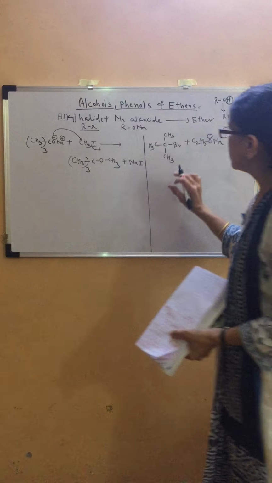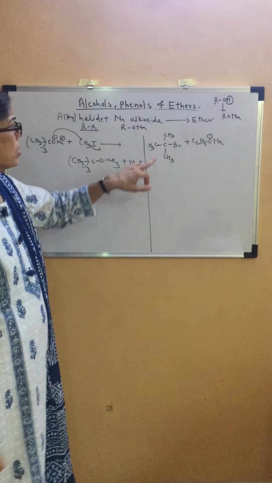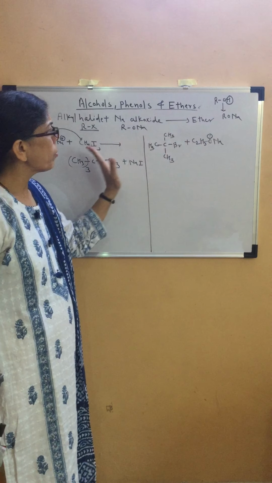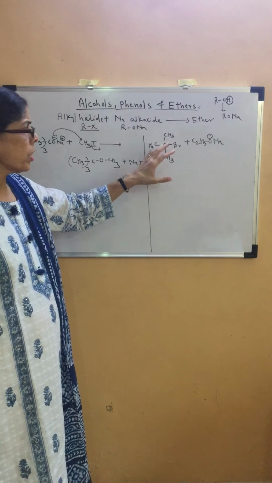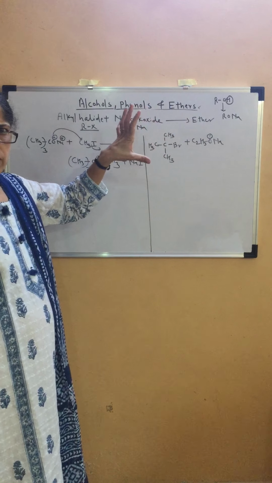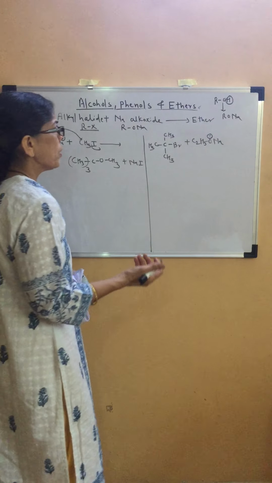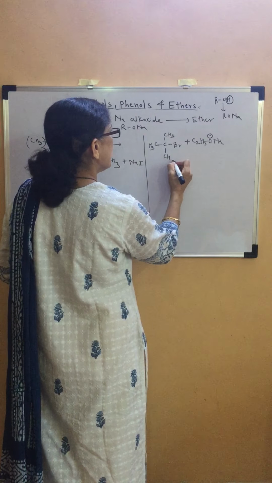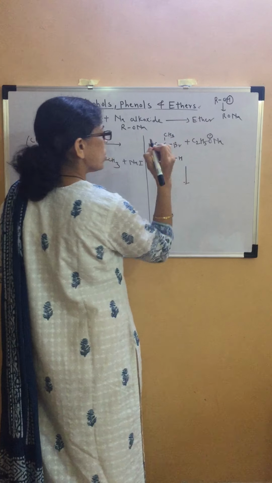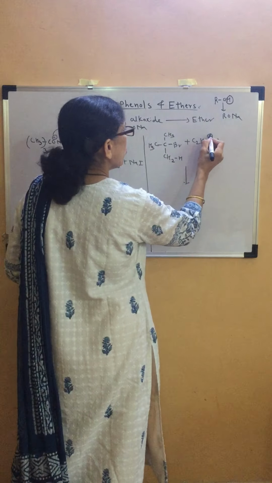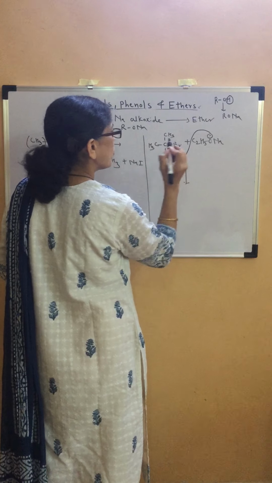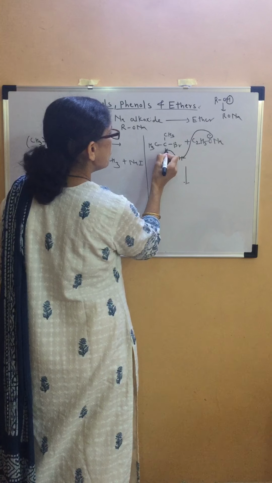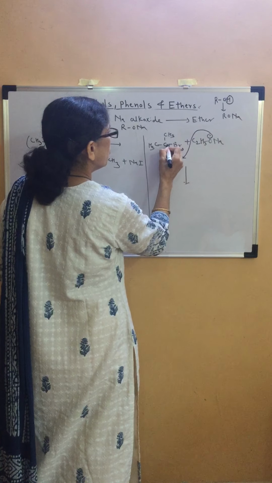But as the alkyl halide which we have taken is tertiary, it is not possible for this alkoxide ion to attack from backside because it is bulky in nature. There will be repulsion, isn't it? So what happens in this reaction? We are not able to get ether. See what will happen? This CH3 will split like this, CH2H, CH3. So C2H5O minus will attack this H. Okay. This electron pair will be shifted between these two carbon atoms and then Br will leave.